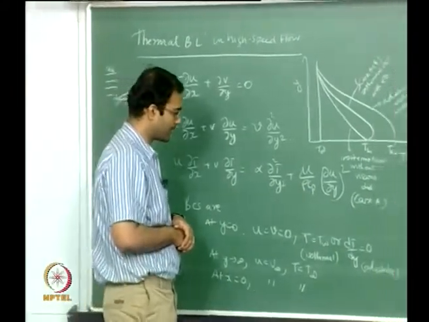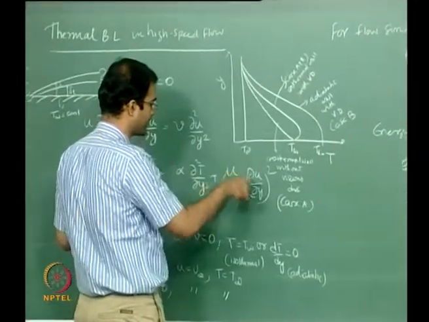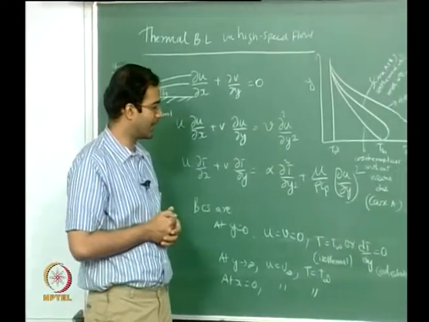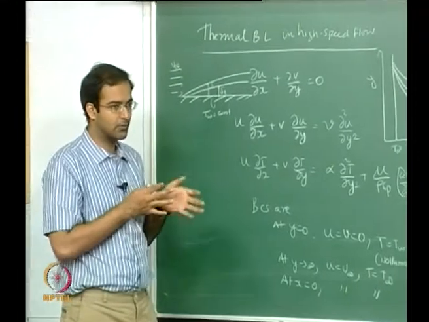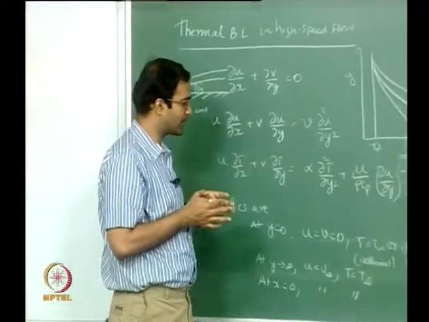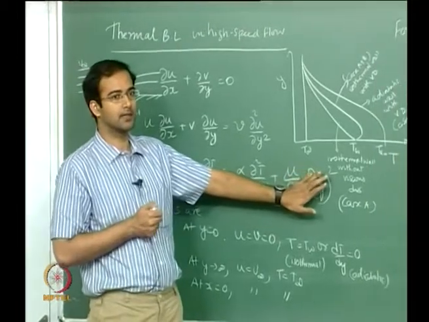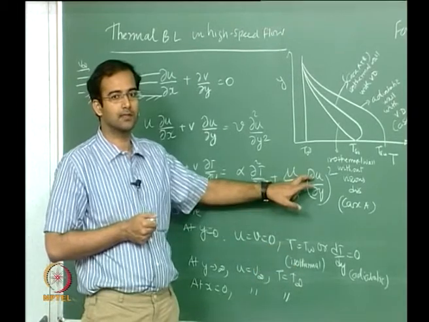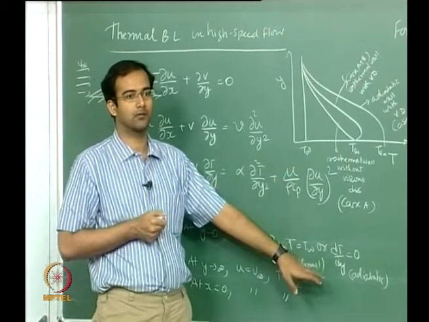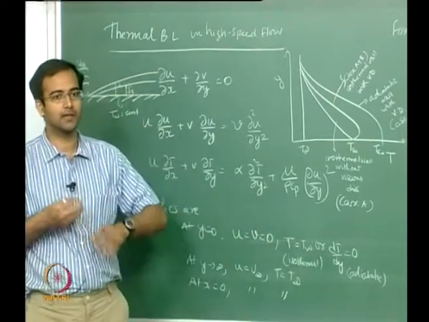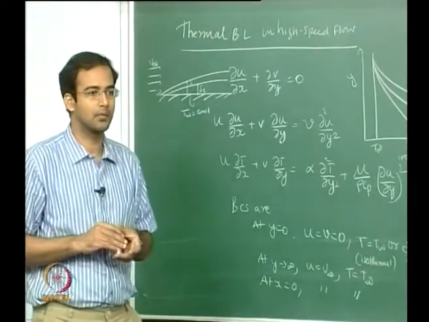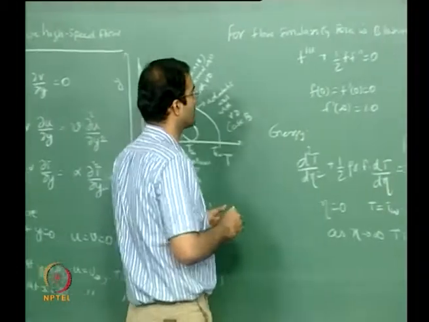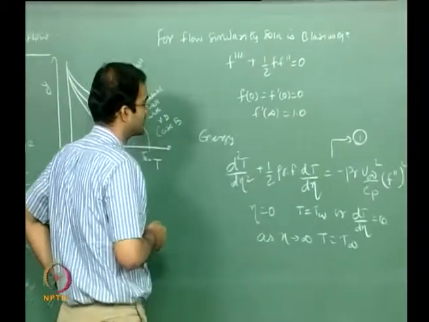You can split this problem into two sub-problems. Since the energy equation is quasi-linear, you can split it into two sub-problems with two different boundary conditions. One problem is where you don't take the viscous dissipation term into account and you assume a purely isothermal wall. In the other, you take the viscous dissipation into account and you maintain an adiabatic wall. So in this case, even with an adiabatic boundary condition, you have heat transfer possible because of the viscous dissipation. Of course the similarity solution for the flow is still the Blasius solution.